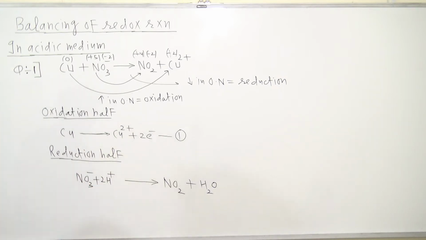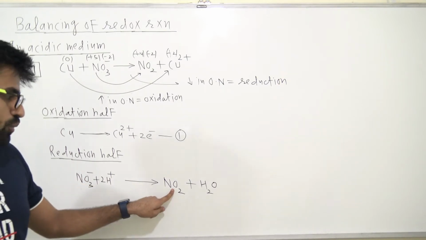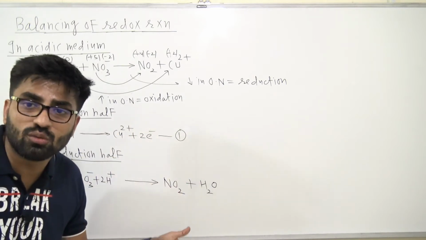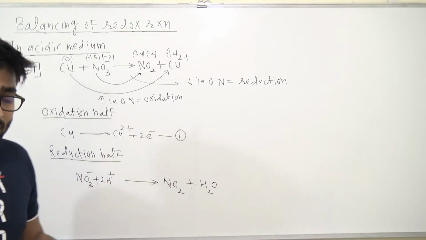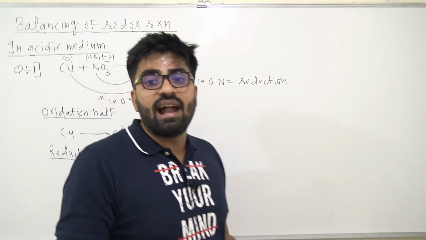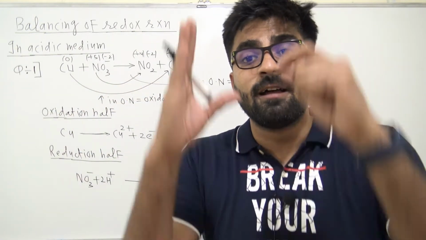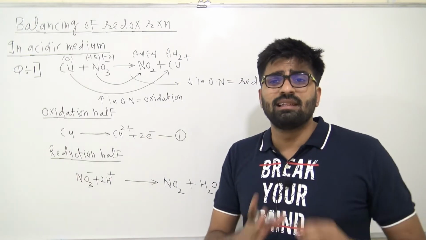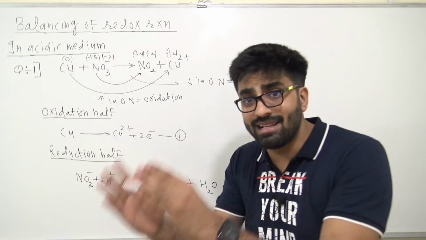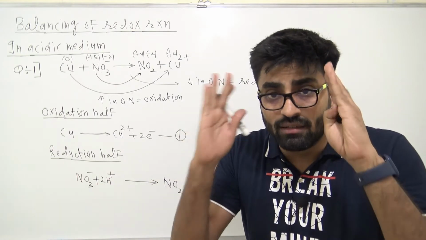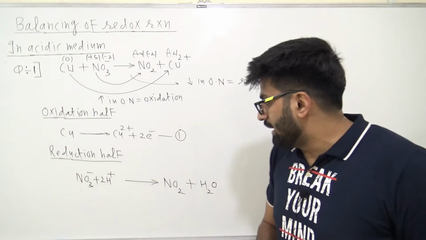Now you can count: nitrogen is balanced, 1 nitrogen, very good. Oxygen is also balanced, 3 oxygen, 2 plus 1. Now balance hydrogen, there are 2 hydrogen. Hydrogens are also balanced, so each and every atom is balanced. Now after balancing all the atoms, the next step is to balance charge. But keep in your mind, I will tell you what to keep in your mind.